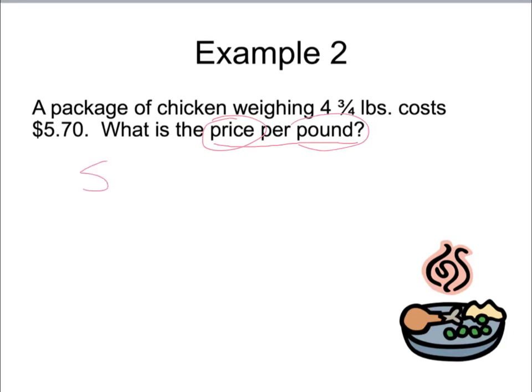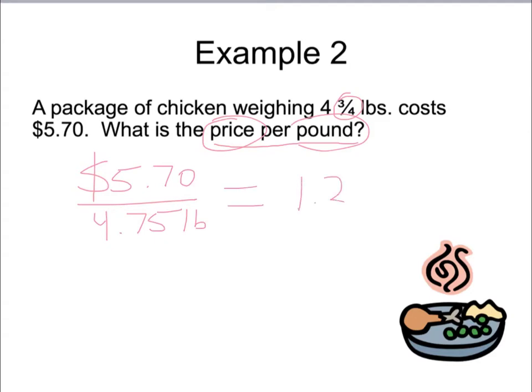So we put the $5.70 in the numerator of this fraction, and we put the pounds on the bottom. Again, notice I'm changing the fraction to a decimal, and if you can't do that in your head, you take your calculator and do 3 divided by 4 for the fraction. So the pounds go on bottom, and if we calculate that out, we would get